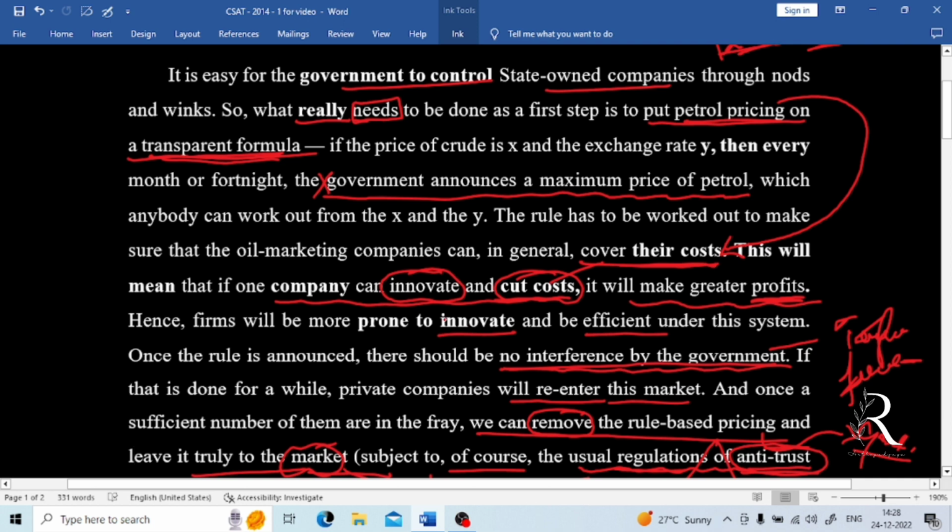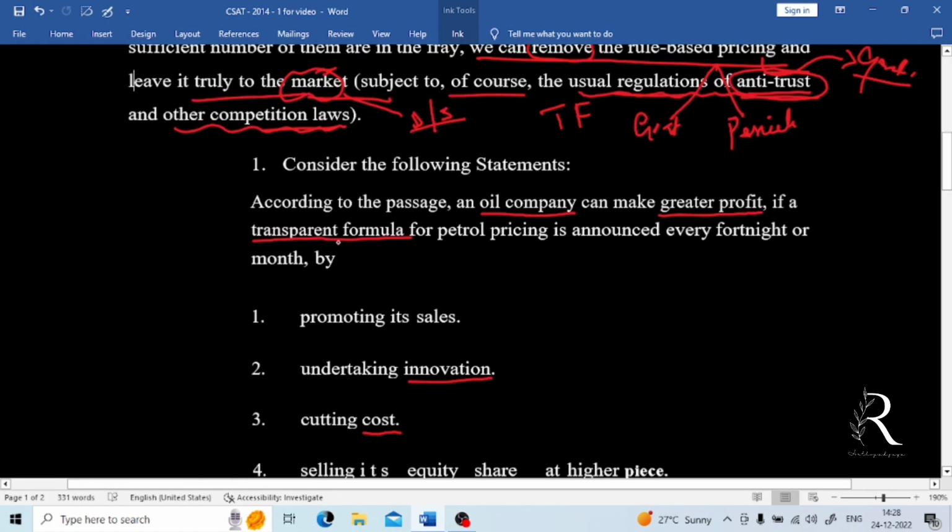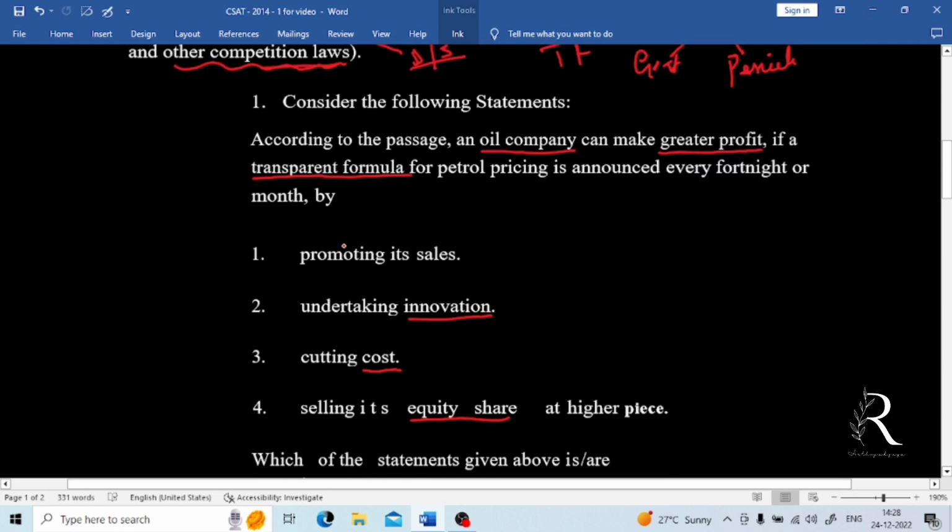This will be overall price regulation of the oil prices, which means the market is going to decide. At present the government is deciding. So the right formula is required. So we have collected the keywords and everything at a time. After collecting, please have a look at the passage. You will definitely be able to answer the question. Just try for a minute. Pause the video now, stop the video and attempt the question, and mark which statements are correct and wrong.